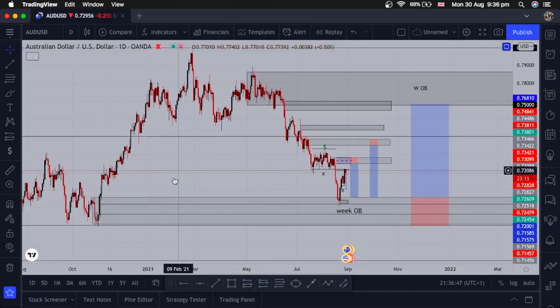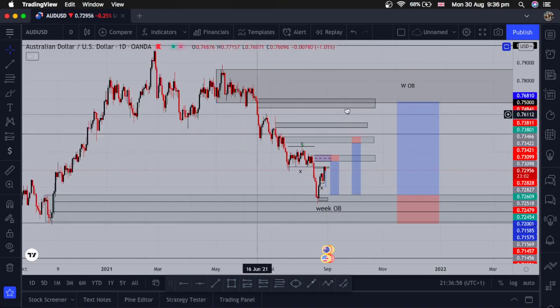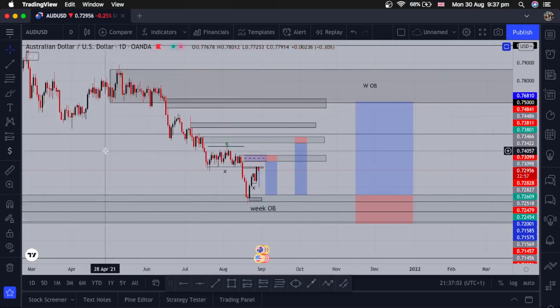Yeah, so I start with identifying my order blocks. As you see here, it says a week order block. This is the weekly order block over here. This is also a weekly order block over here. Then these are daily order blocks that I have marked up. And then whenever I see